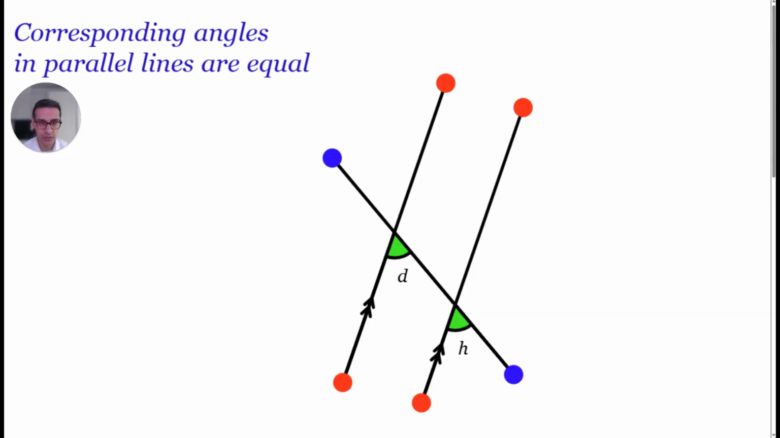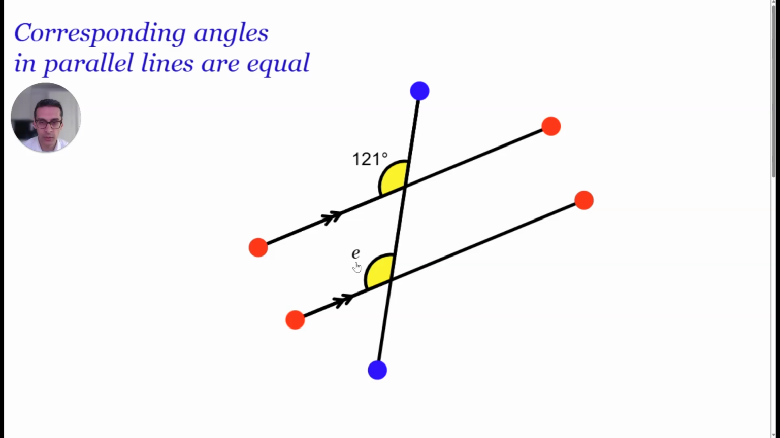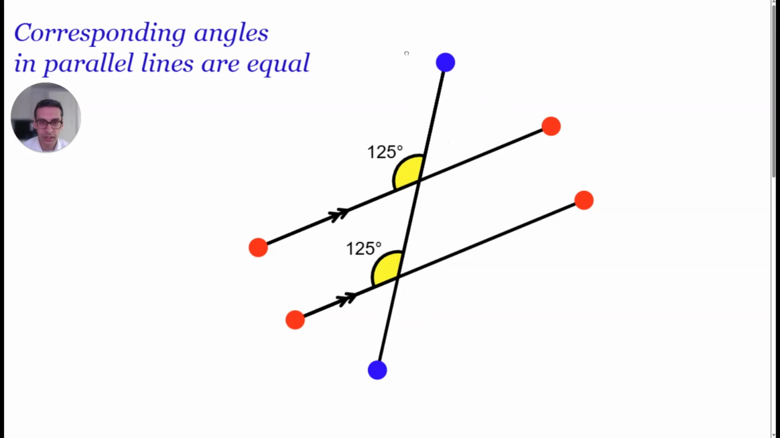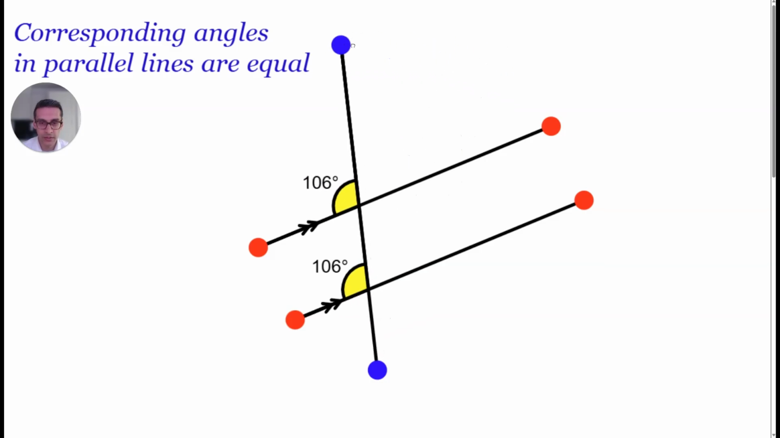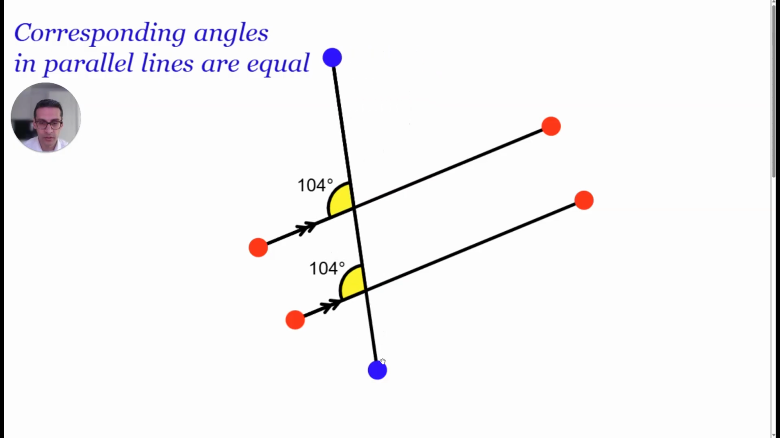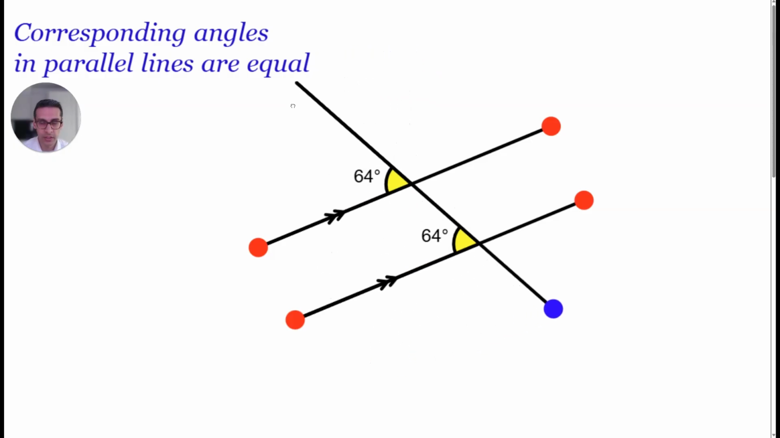You've got D and H, you've got A and E, and then you've got B and F, and then C and G. So all of these that have matching colors are considered corresponding angles and also equal to each other. The other thing to notice, if I just move this around, is that the angles stay the same. So even if I were to be in this direction,